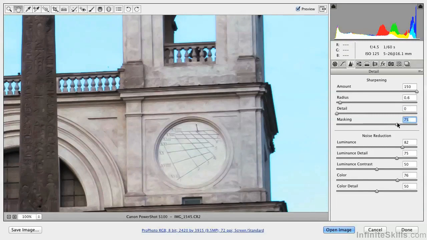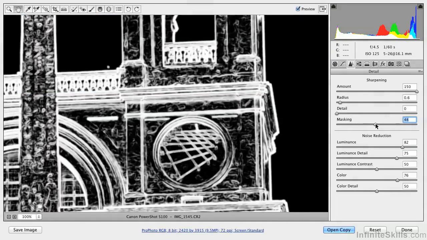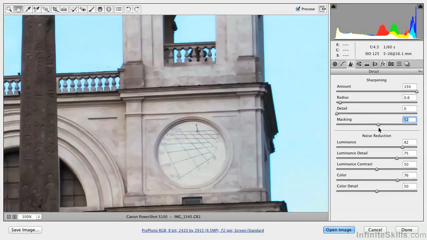Masking can be used to limit where the sharpening is occurring, and you can visualize this by holding down the Option key on the Mac or the Alt key on the PC, and you'll get a grayscale representation of what the masking is. So what we're doing is we're sharpening only in the white areas. So this can be used to limit the amount of sharpening. Again, I'll decrease the total amount of sharpening a bit,